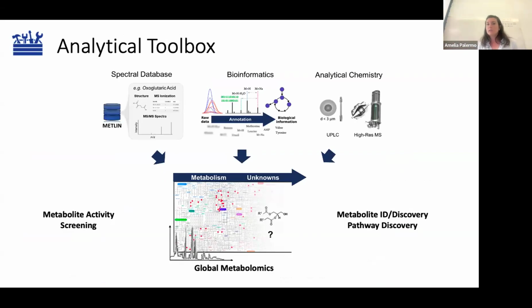So on top of this, in the analytical toolbox, there are three main pillars that really enable global metabolomics. One is analytical chemistry. We went through that. Then we have spectral databases such as METLIN, but also, as we will see later, there are many others that contain information about spectra and known molecules for a very, very wide range of metabolites. And also the bioinformatics around it, that allows us to combine this information and finally extract